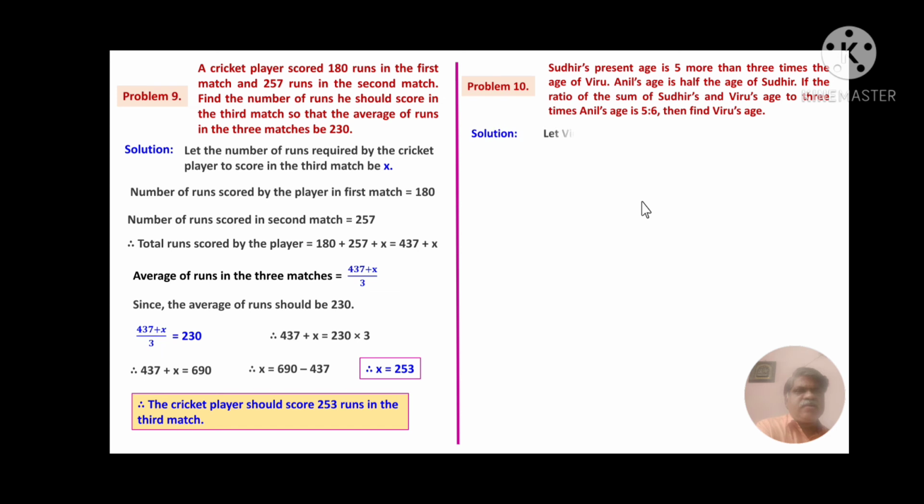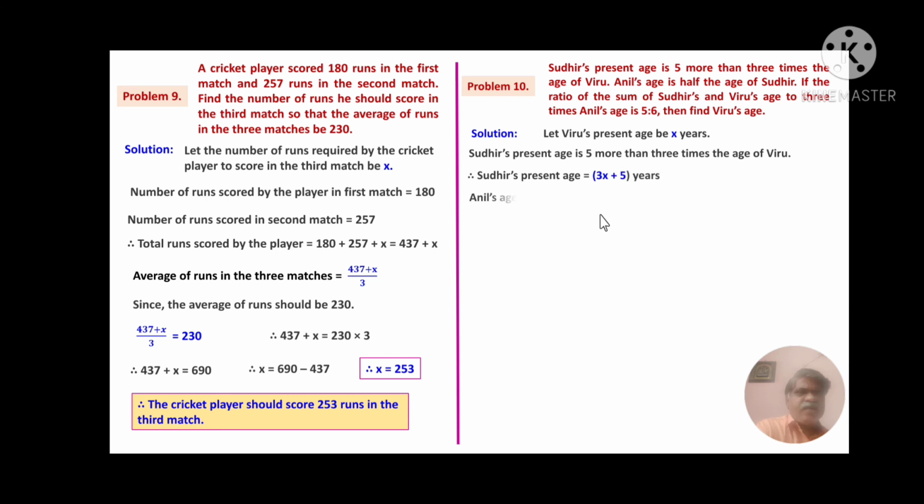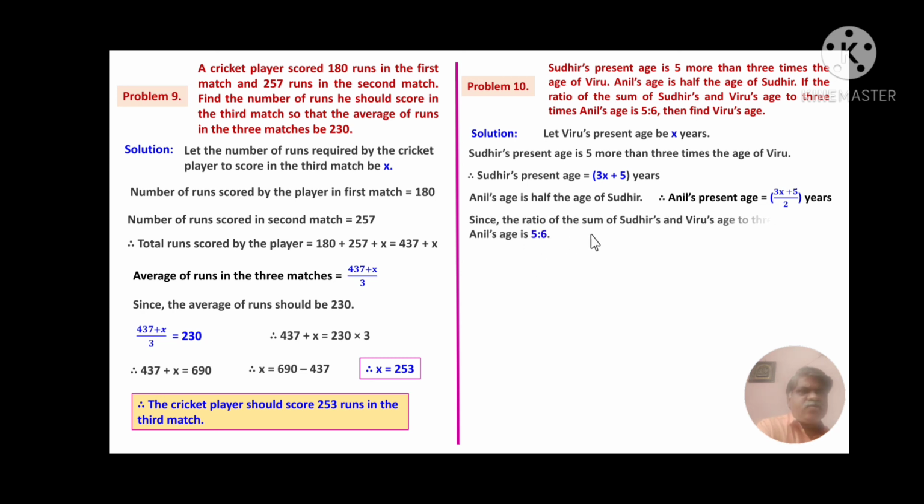Friends, let us start that let Viru's present age be x years. Sudhir's present age be 5 more than 3 times the age of the Viru. Therefore Sudhir's present age is equal to 3x plus 5 years. Therefore Anil's age is half the age of the Sudhir. Therefore Anil's present age is equal to (3x plus 5) upon 2 years. Since the ratio of the sum of the Sudhir's and Viru's age to 3 times Anil's age is 5:6, therefore we can write (3x plus 5 plus x) upon 3 times (3x plus 5) upon 2